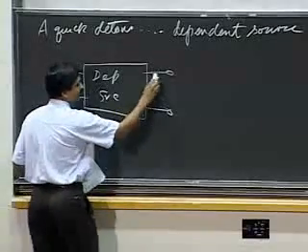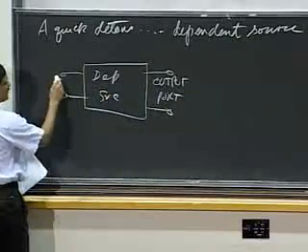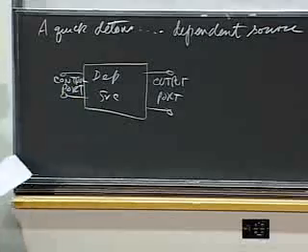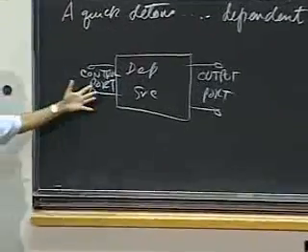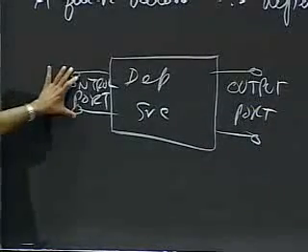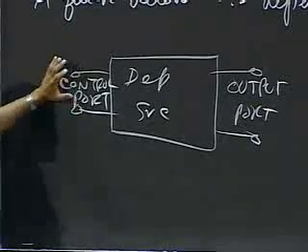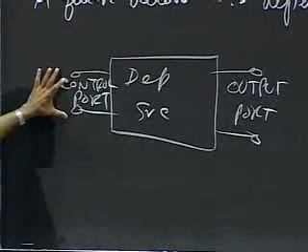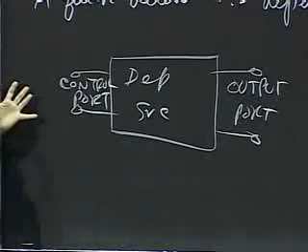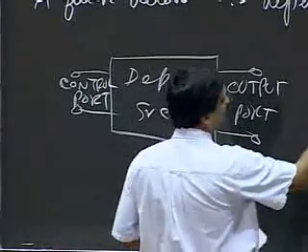Okay, it has an output port and a control port. So a dependent source, in its simplest form, has two ports, an input port and an output port. Remember, a port is a convenient pairing of terminals, and I apply signals to such terminal pairs. But this is an abstract diagram for a dependent source. And to get a little bit more specific,